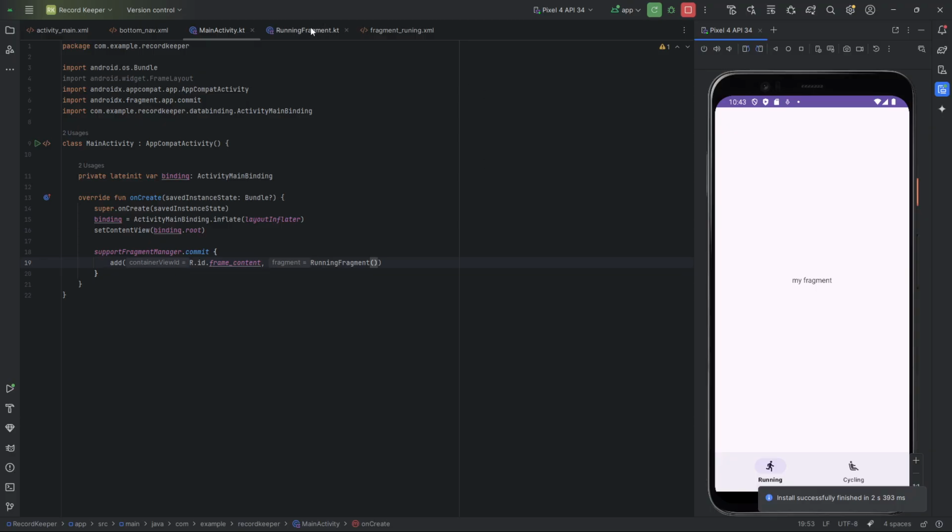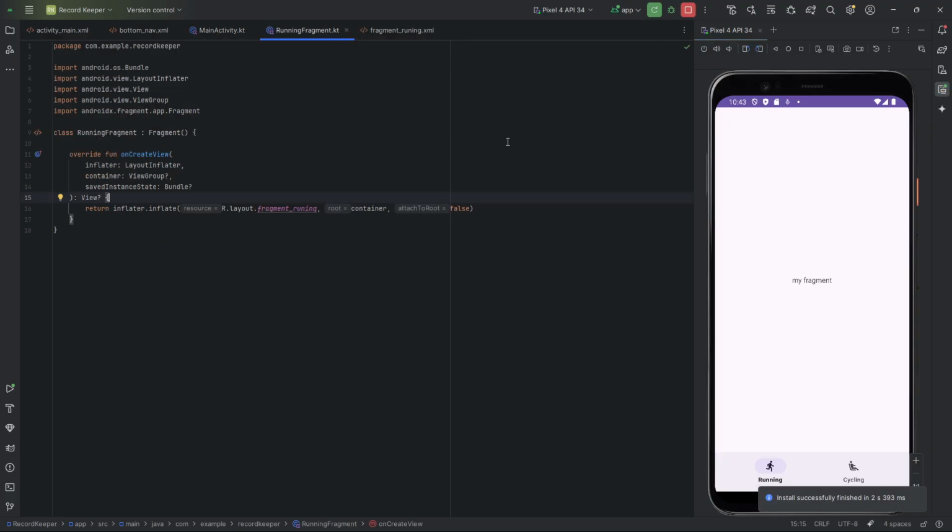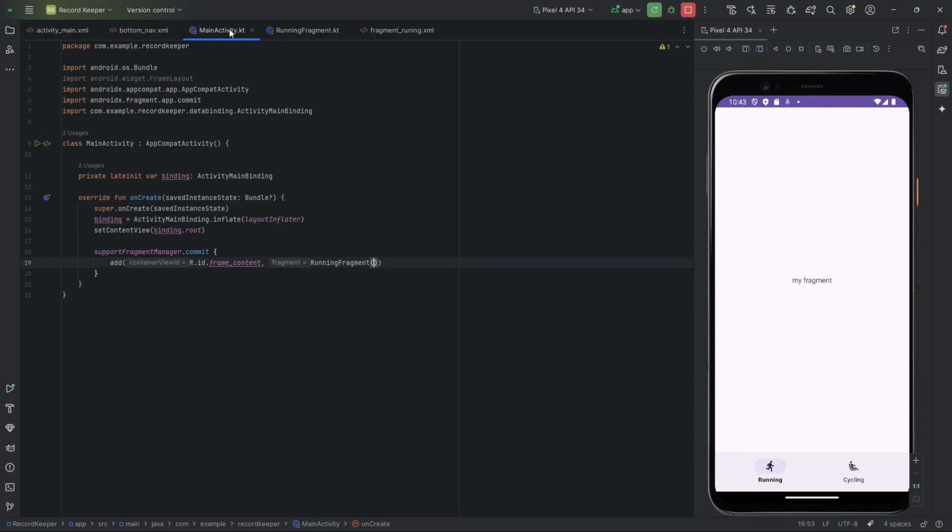We made the corresponding layout file. The way we get that to show in a fragment is with the onCreateView method. We override this and we do this inflator.inflate line, a bit like we've done before in our recycler views, just manually inflating a layout file from scratch, kind of what happens in set content view under the hood, but we just do it ourselves. And then in main activity, we do a fragment transaction, and we have this lovely little